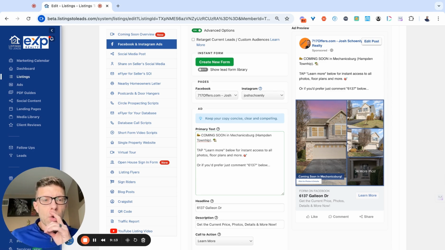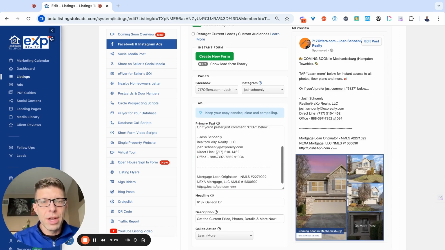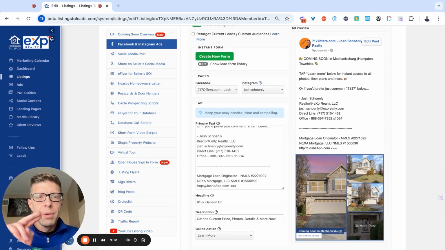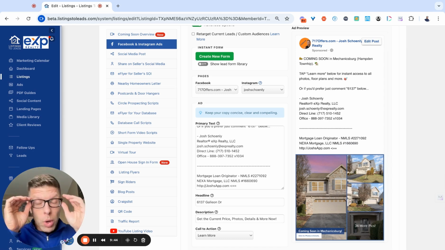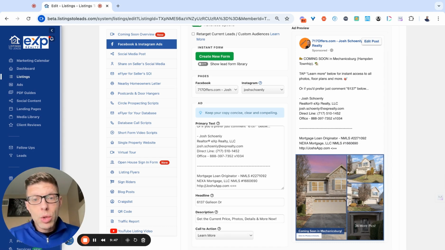And then I'm going to pause this for a minute. I'm going to get some information here that you'll see afterwards, but I don't want to bore you with me finding that information, that I'm going to paste in here as well, which is just my name, rank, and file type info and details. You can see here, it's just my name, the fact that I'm a realtor, my brokerage, eXp Realty, my email, direct line, office line, which I'm required to include there in Pennsylvania. And then I am dual licensed. So I'm a licensed real estate agent and also a licensed loan originator. We've got a great mortgage team. And so I'm including that information, and for someone, if they so choose, to even go and schedule a time,